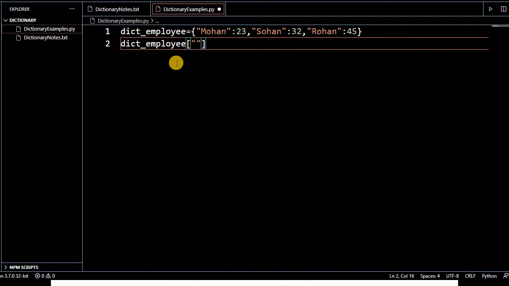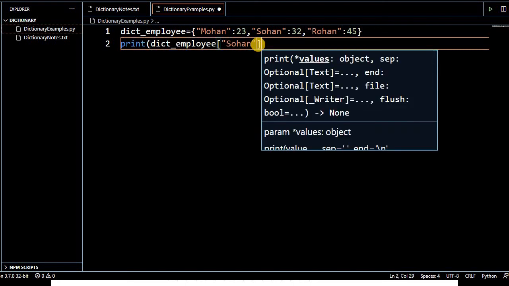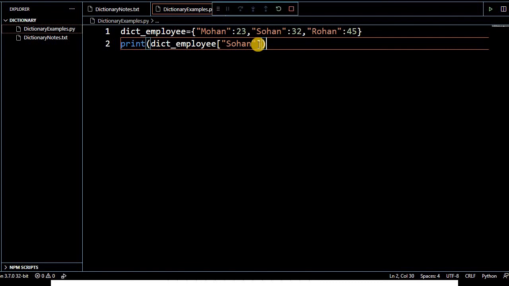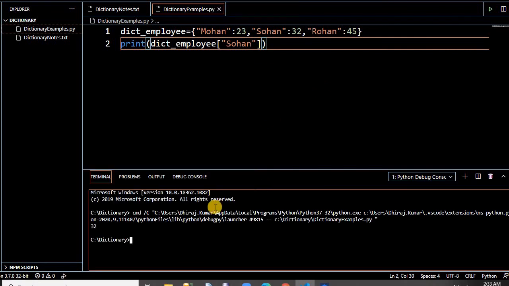Mohan, Sohan, Rohan are the keys. They must be unique. 23, 32, and 45 can be duplicate, but the key must be unique. If you run this, it simply prints 32. There is one more way to access it.